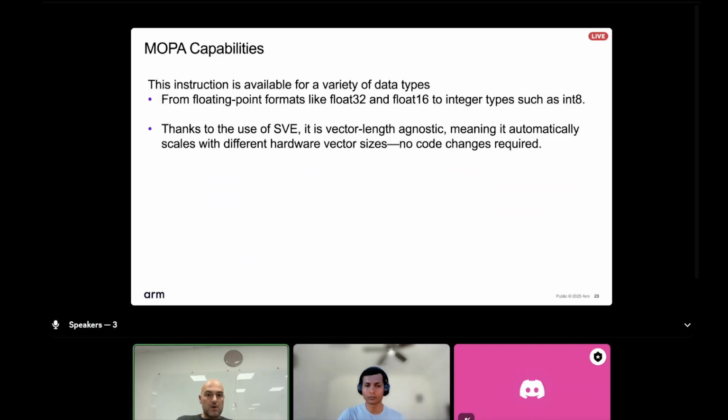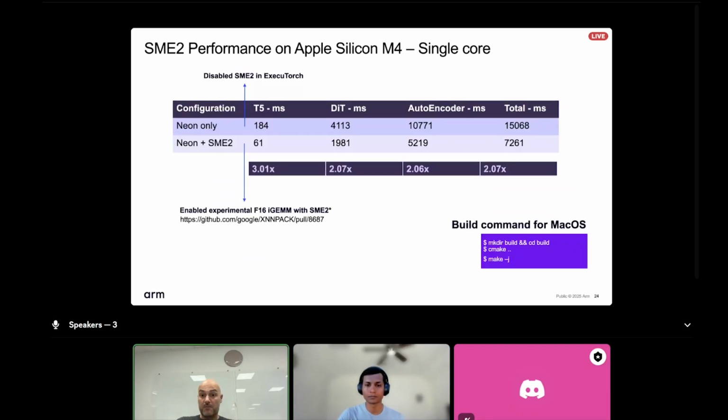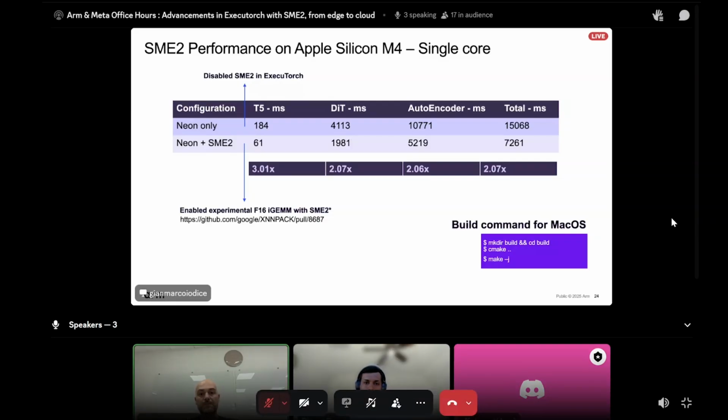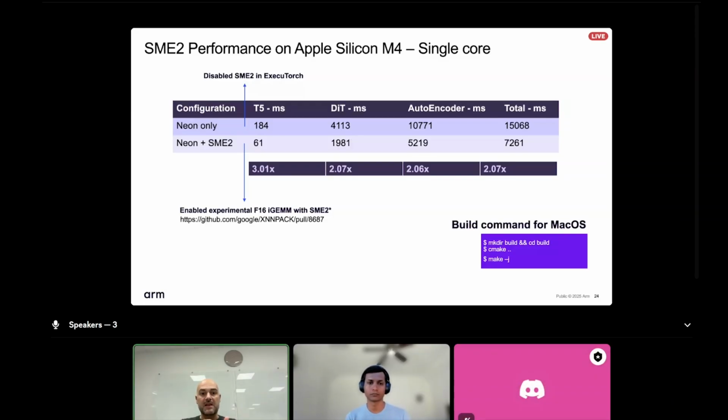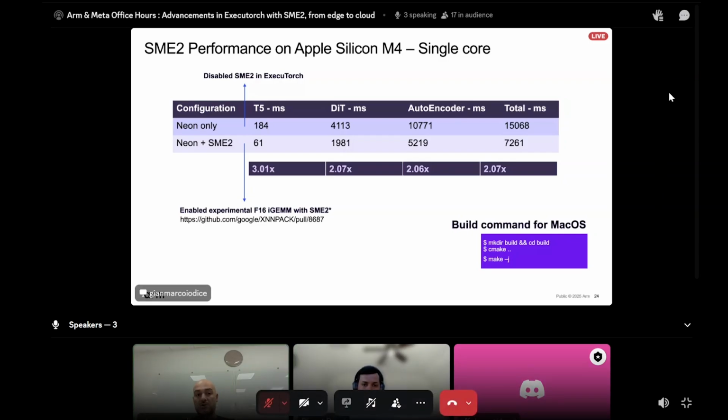So let me go to the performance with SME2, and here I'm reporting a performance on the laptop because, as I said, SME2 is available nowadays also on mobile. But if you want to have an estimate, a good estimate can be achieved on your laptop if you have, for instance, one of the recent Apple platforms. And these are the levels of performance on single core. So already with one core, you can achieve around 7 seconds of execution, which is absolutely a very strong story